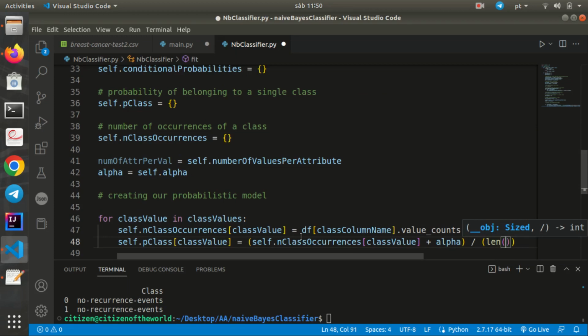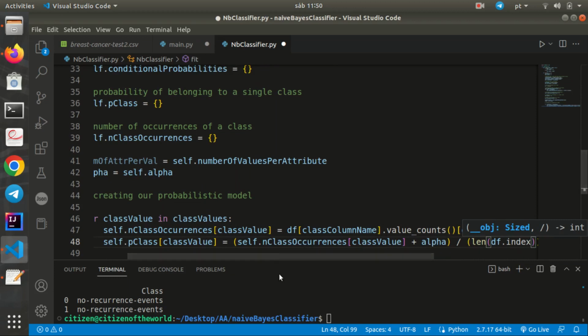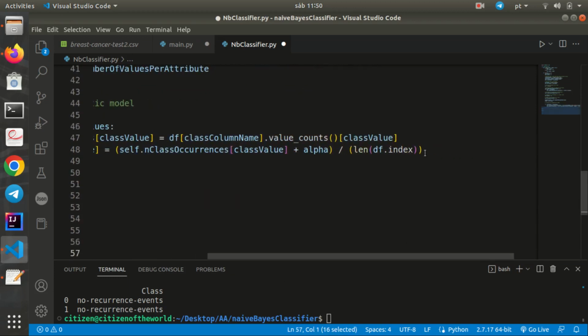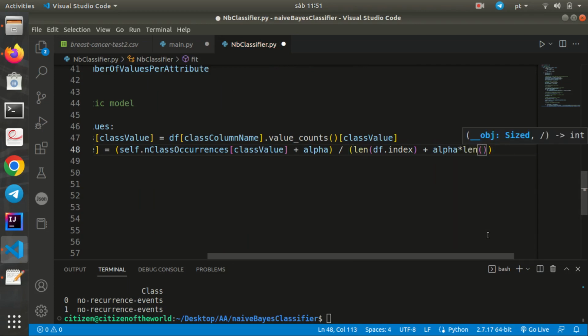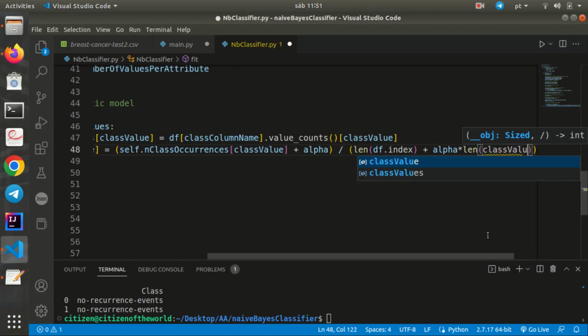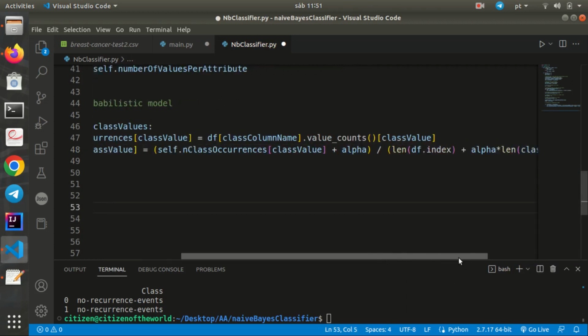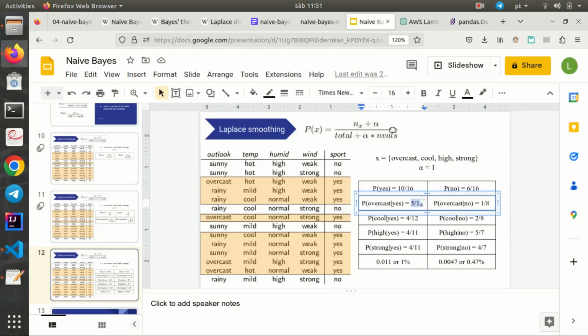We can use the length method here to get the length of the data frame. And we need to add alpha multiplied by the number of possible class values, right? So later you can read this with more attention, but what is written here is basically this formula for the